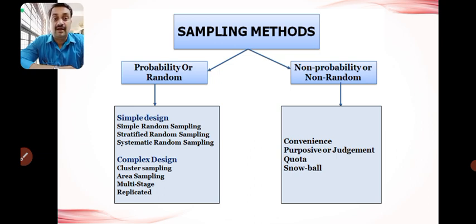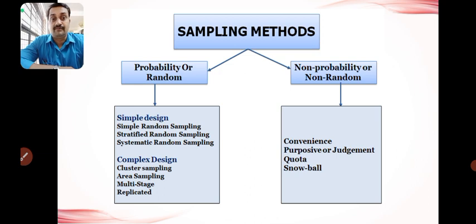Under simple design, simple random sampling, stratified random sampling, and systematic random sampling are the methods. Under the complex design, we have cluster, area, multi-stage, and replicated sampling. As far as non-probability sampling is concerned, 4 methods can be applied: convenience sampling, purposive or judgment sampling, quota sampling, and